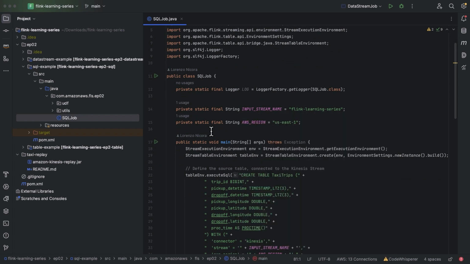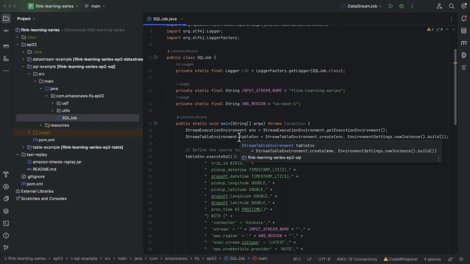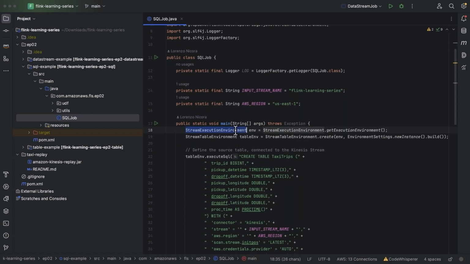In order to start, we need to provide the stream execution environment, and from it, the table environment. This is where we're going to be executing our SQL logic. It's going to be providing that abstraction of tables. When we work with a Flink SQL application, we have three main components. We have a source table, we have a continuous query, and we have our sink table.